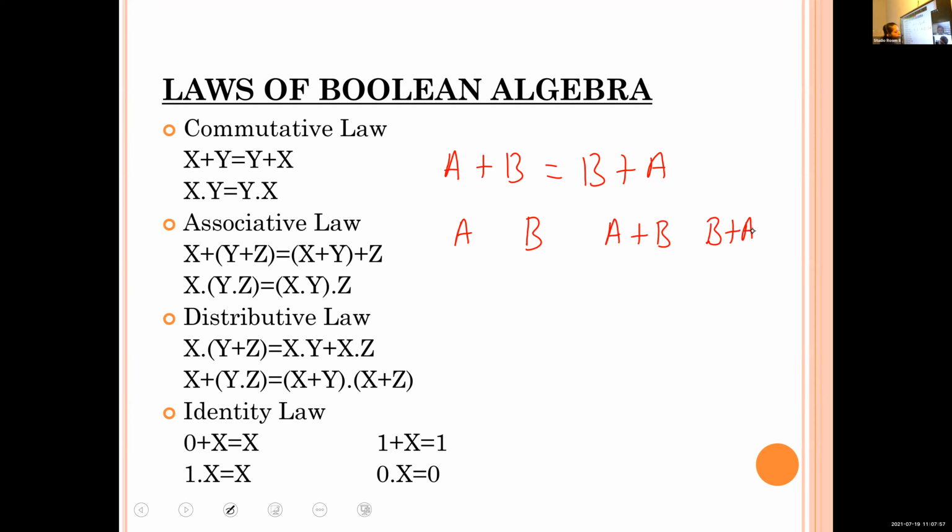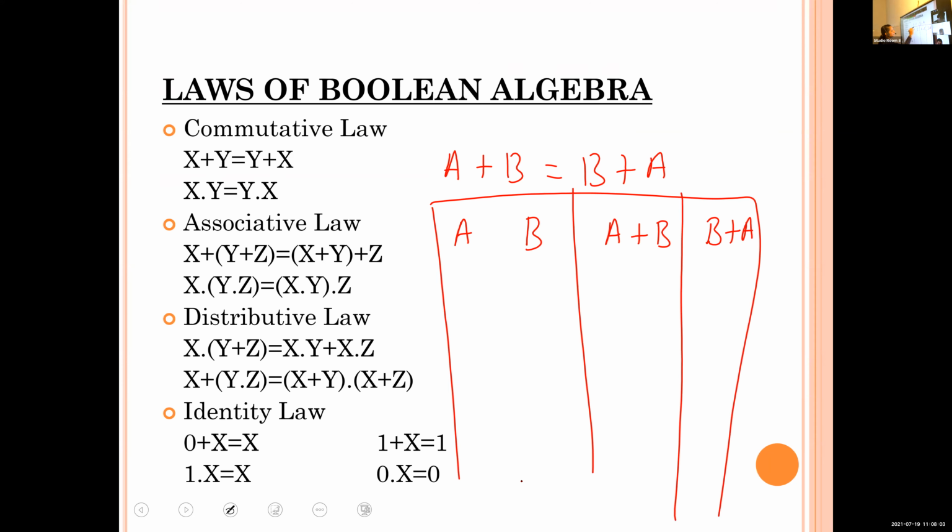Okay, Ranil, which are the input values for a and b? Which are the input values of a and b for a truth table? 0 1 0 1. Yes. In which column, Ranil? B. Okay, correct, Ranil. 0 1 0 1. The next column it is 0 0 1 1.